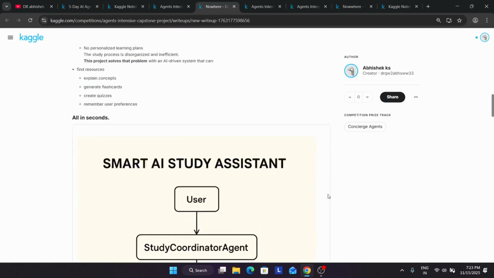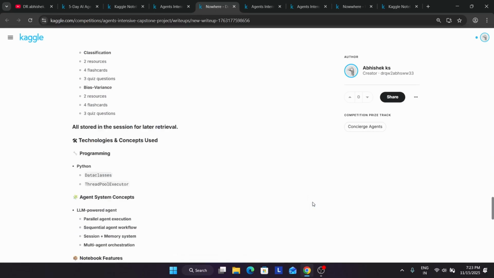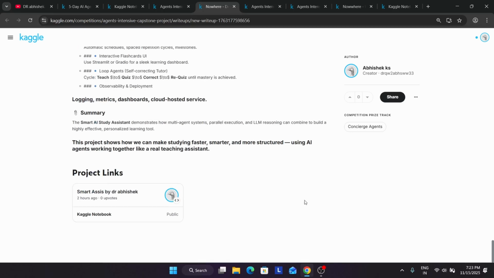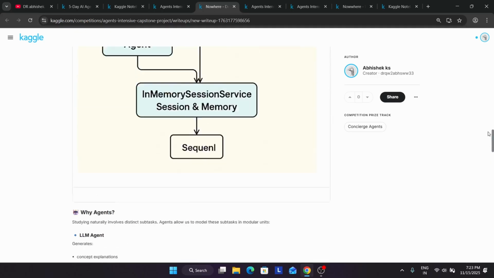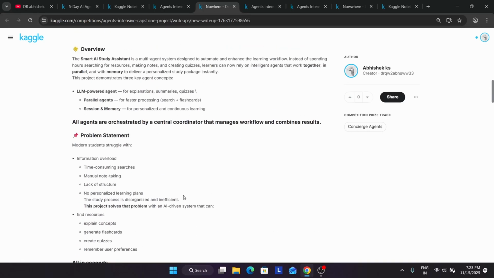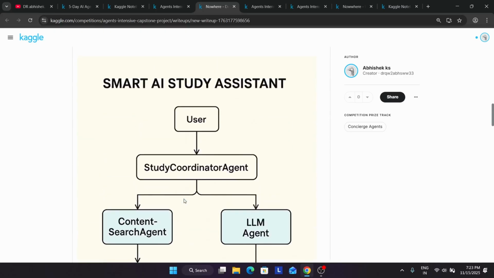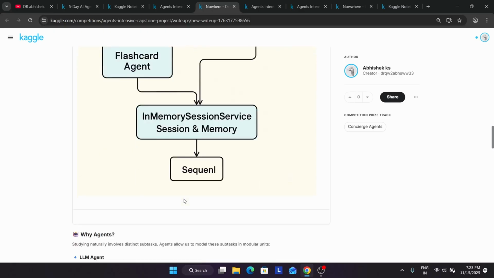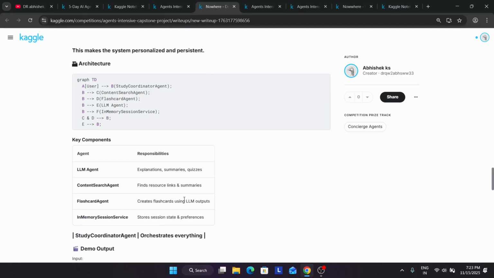So here you can clearly see that what we have added is a quick demo. You'll be able to see it, do not worry about it. Here the Kaggle notebook is public also, and we have just made it. We have added the video also, the description is here, and the image we have also shared, like what the Smart AI assistant agent is and how it is doing all the tasks. All these things are shared over here.